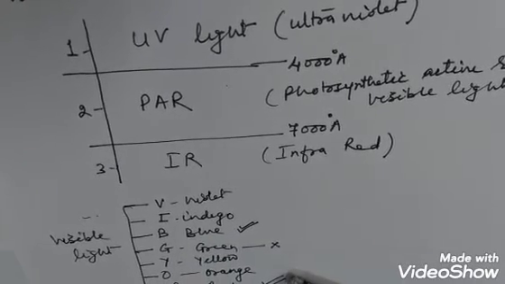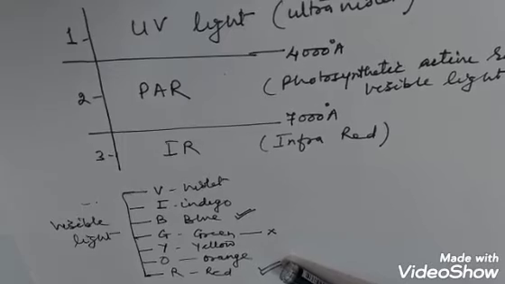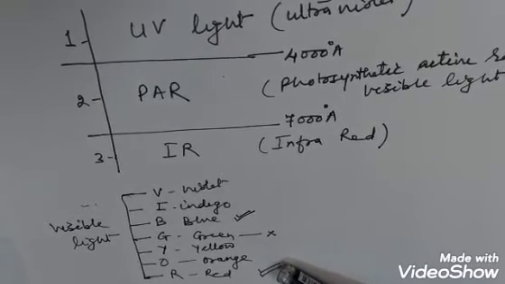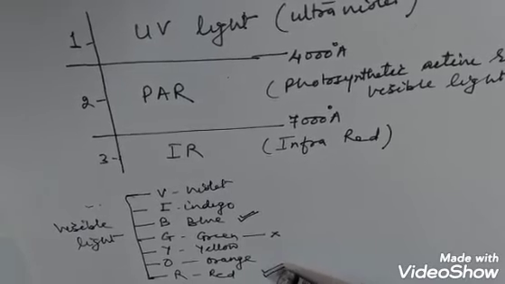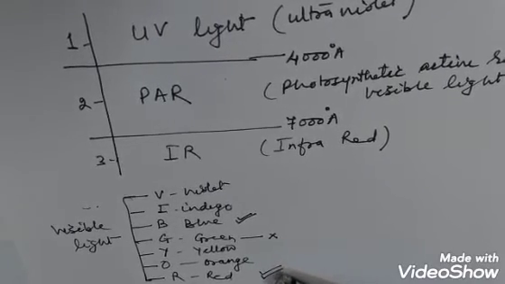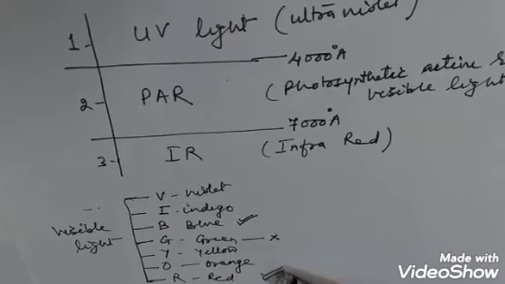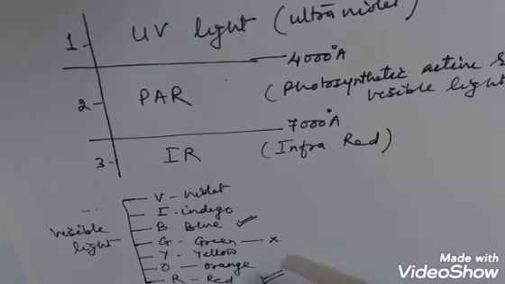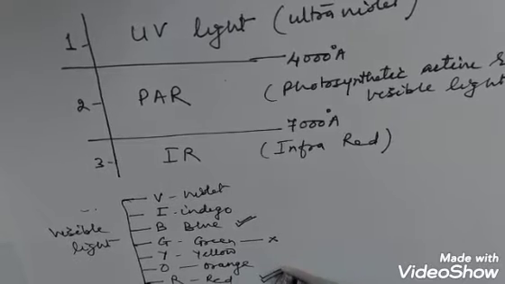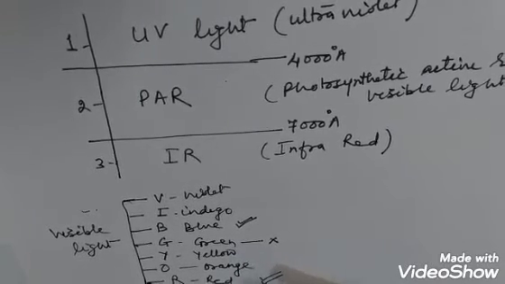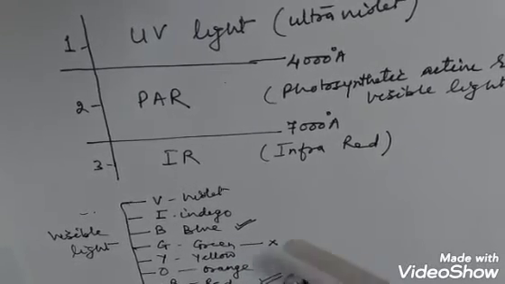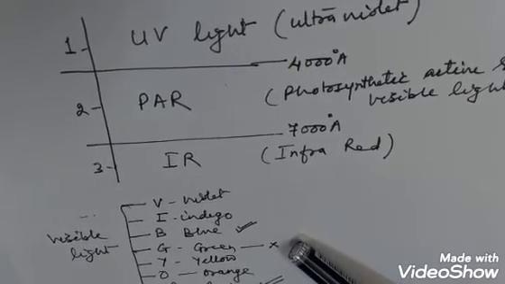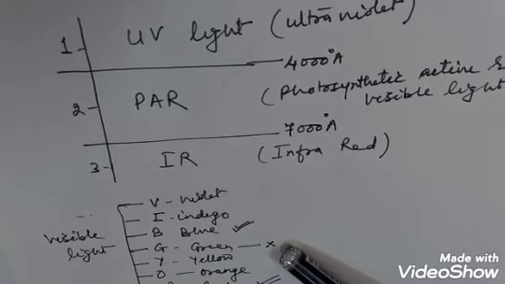The question is why no photosynthesis takes place in green light. As we know, chlorophyll is green in color. As it is green in color, that means it never absorbs green light. When it does not absorb the green color of light, photosynthesis does not occur, and so this green light is not profitable, or we can say not helpful, for the process of photosynthesis.